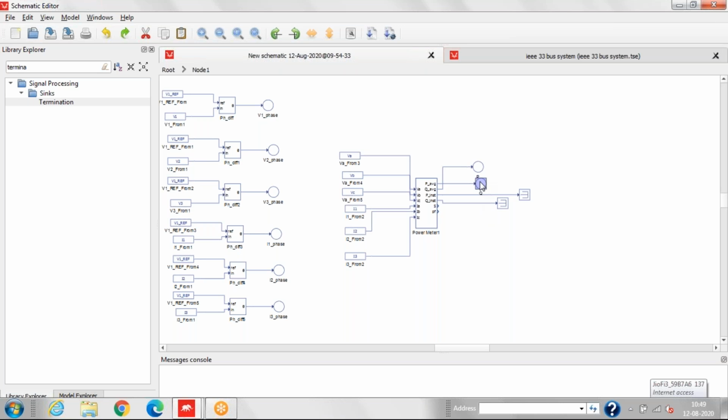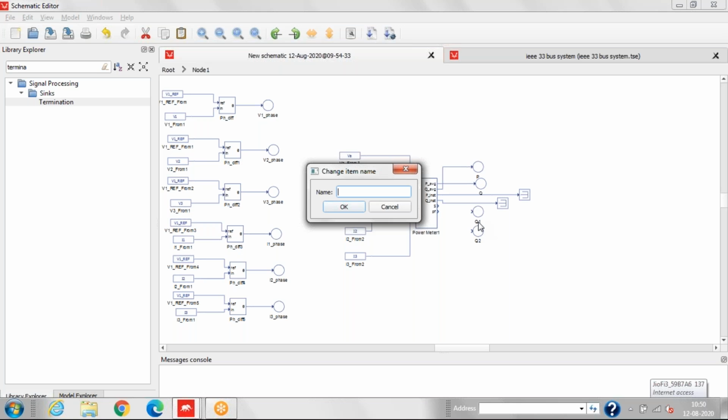Now we'll copy this probe and we'll measure the apparent power and power factor.